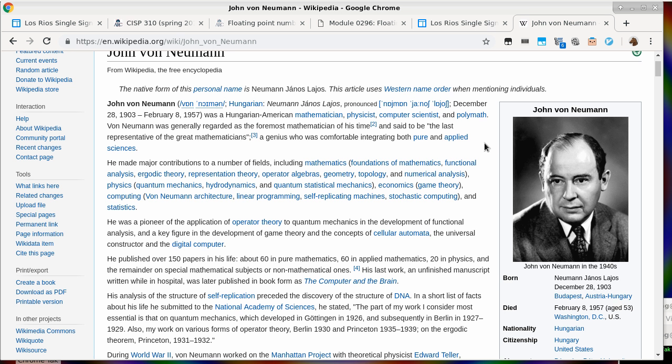If you ask a physicist, you will get the same answer. If you ask an economist, it will be the same answer. If you ask a computer scientist, it will be the same answer. He is an expert in every single field. One of those really, really rare people. If you look at his timeline, his birth and his death, he overlapped with Einstein, but not only in terms of the duration, they both taught at Princeton